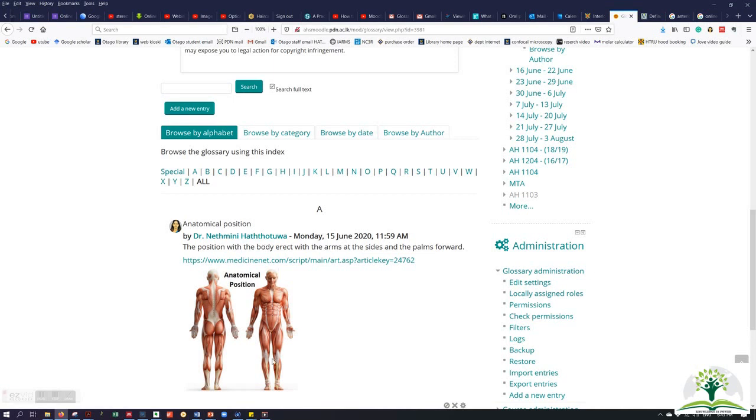So in your entry also you can add an image underneath your definition, but make sure that these images are self-explanatory and not confusing the definition of the scientific terms. And other than that, I have mentioned the link from where I took this definition. The students can click on this link, and if they are interested, they can read more about those definitions.